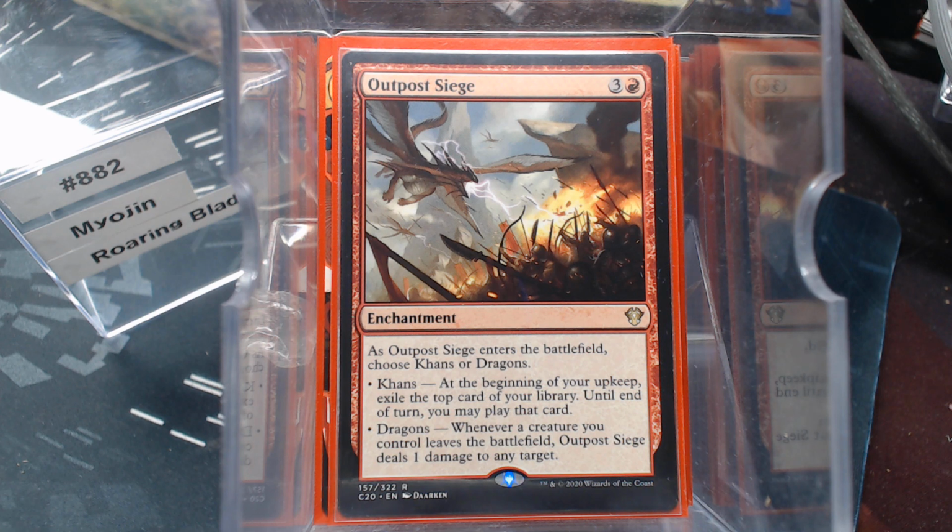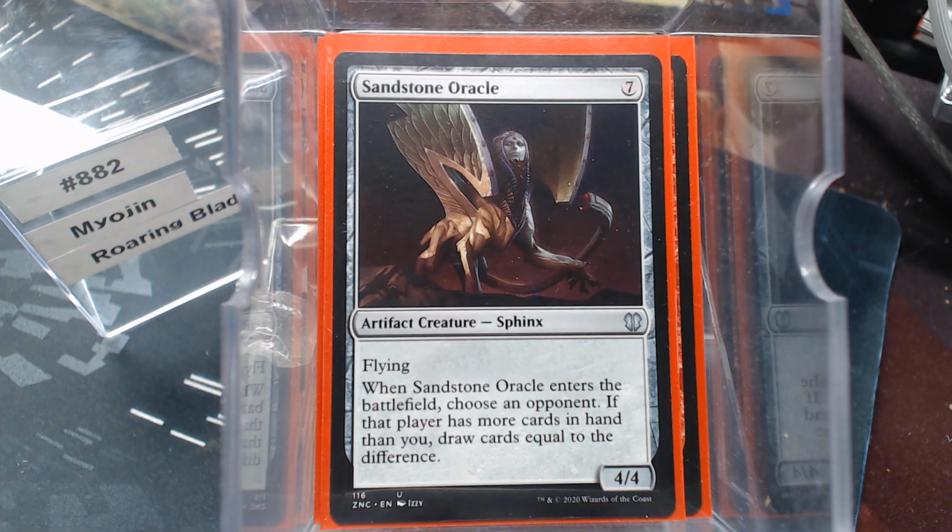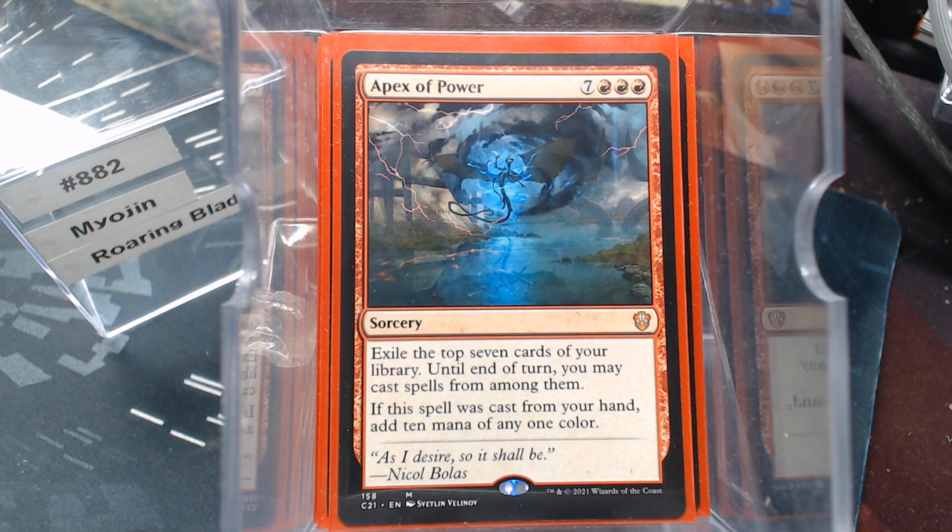Exile the top card of your library. That's a lot of what red card draw is, temporary gain. You can play it that turn. Court of Ire. I've got this in the card draw because it's the only thing that gives us the Monarch, and the Monarch is a decent card draw mechanic for red, even though it probably is a removal spell. We have the Sandstone Oracle, which every time I've cast it, it has been well worth the 7 mana. And then the Apex of Power. Now this is a bunch. It's 10 mana, 7 cards, and I mean, we're going to get 10 mana back out of it, but